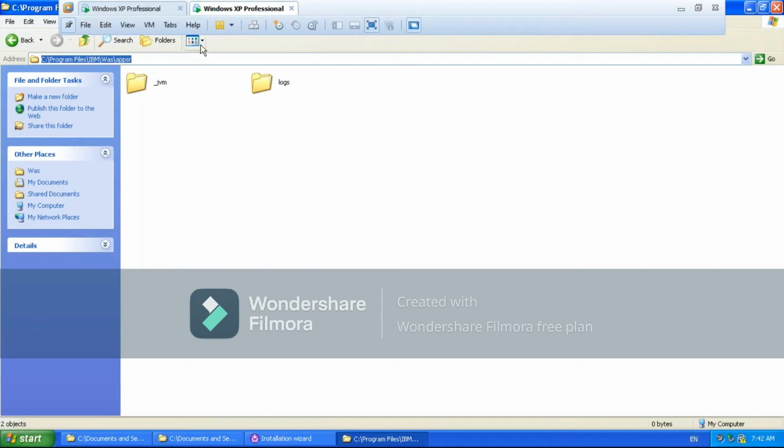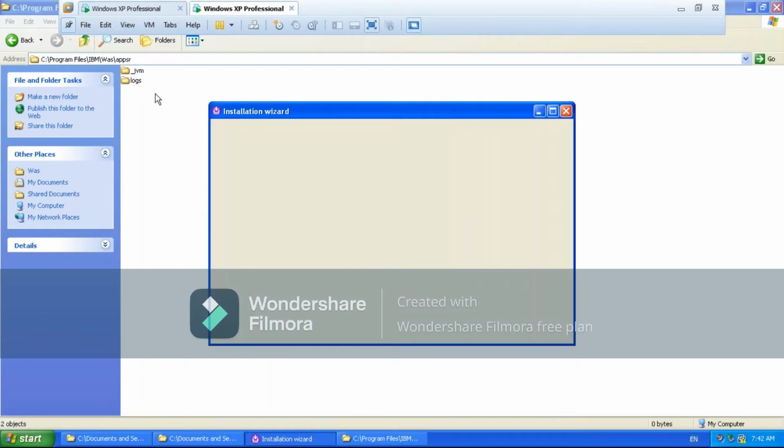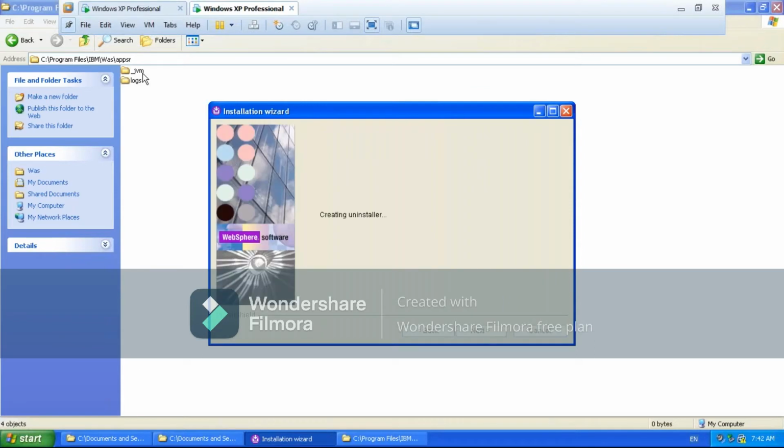And what will come here? Whatever comes here, we call it the product binaries. Whatever comes in the WAS home, we call the product binaries.